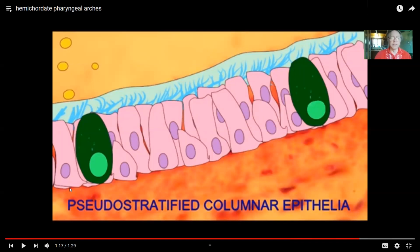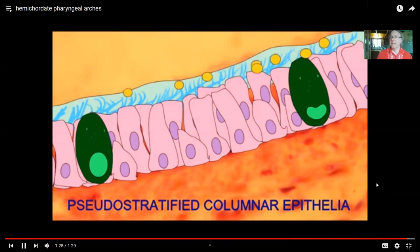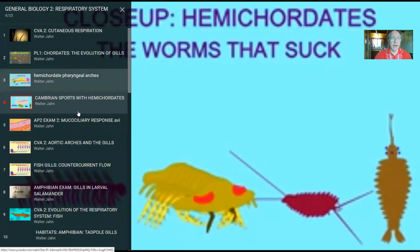Interestingly, we still do this. We still catch particles in the mucus which lines us, and cilia sweeps this towards the stomach. But we humans, this isn't a way that we feed. Rather, this is a way of cleaning our lungs and preventing the particles which we ingest from getting into our lungs. So the very first deuterostomes developed these slits in their throat. And while it was primarily a feeding mechanism for these organisms, later